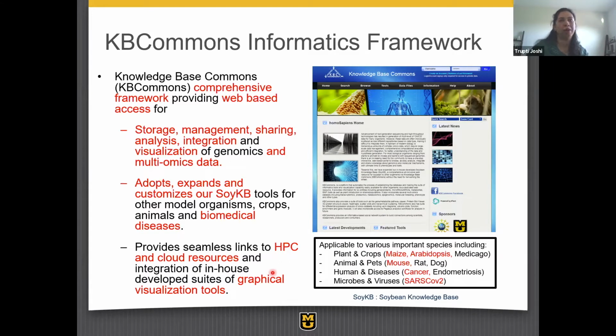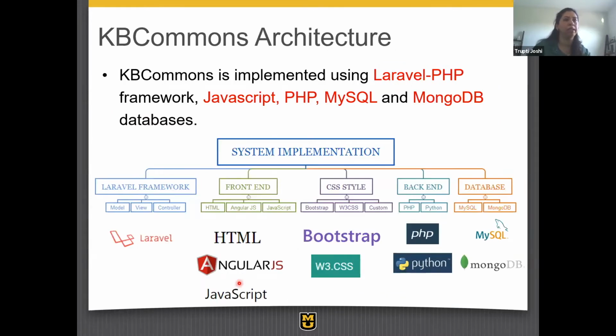any organism, no matter what, as long as the data formats and the data going into that fall under genomics and multi-omics domain. So we focused on the KB Commons system, which now addresses a bigger challenge with storage, management, sharing, doing data integration and visualization for the entire multi-omic spectrum. We borrowed ideas from SoyKB and pieces that were relevant and innovated on the other pieces. And then we still connected to high performance computing, but now actually have different other resources that you can go to and have been able to enable analytics and so forth in it.